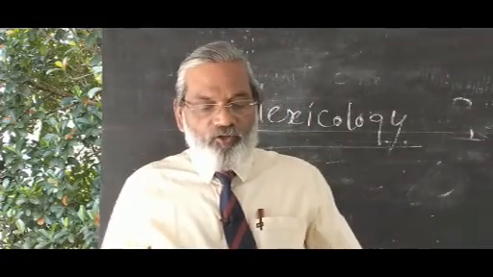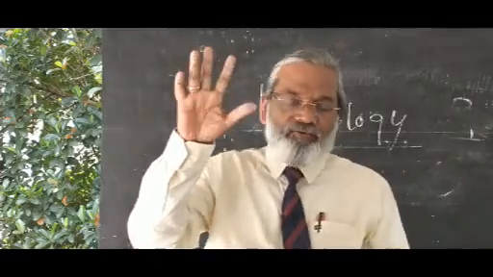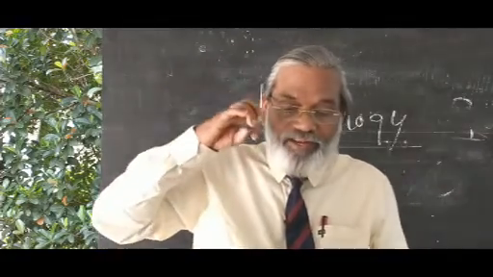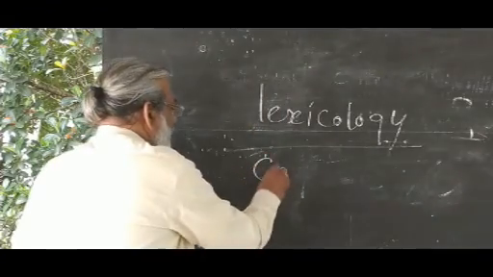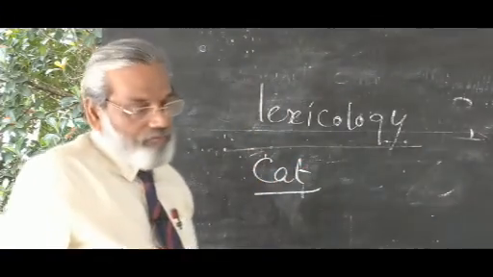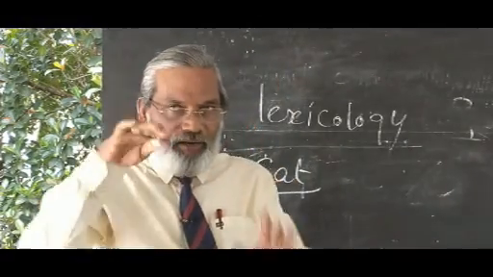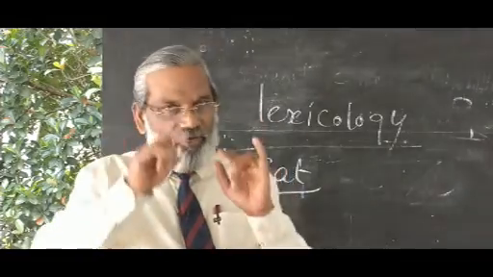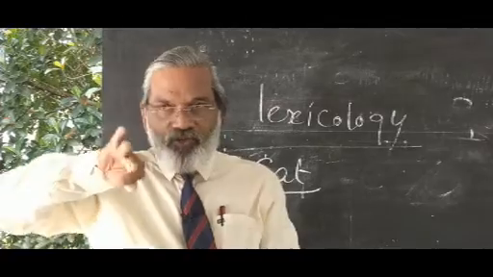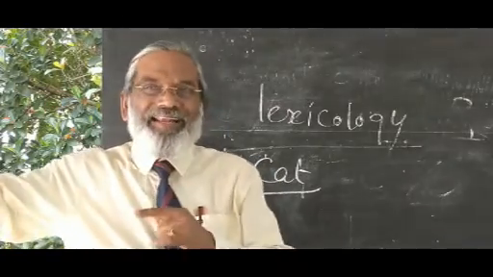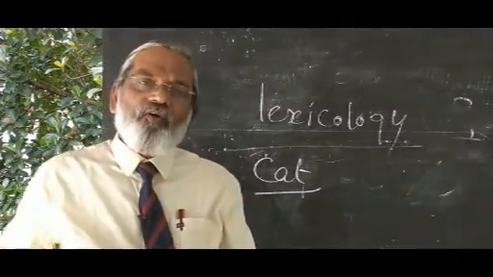So you can copy down: each linguistic sign is composed of a signifier, and the object that it refers to is called the signified. For example, we write cat. Cat is a signifier because it has the shape of an animal type, cat, pussy cat. The letter first C, then A, then T. It is a sign. When it is formed and we write cat, C-A-T, it is a signifier. When it refers to an object, it is called the signified.